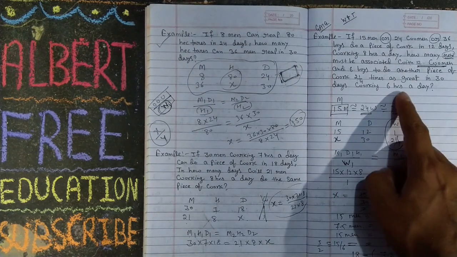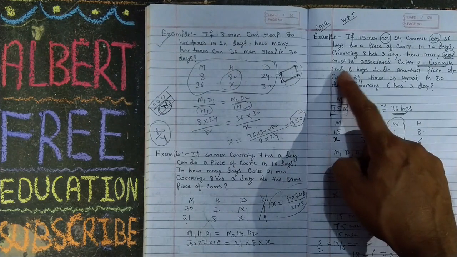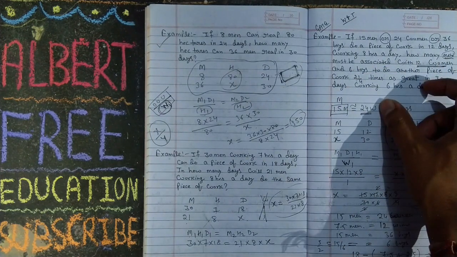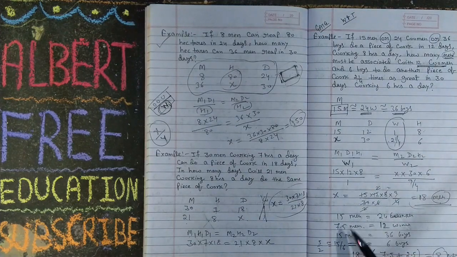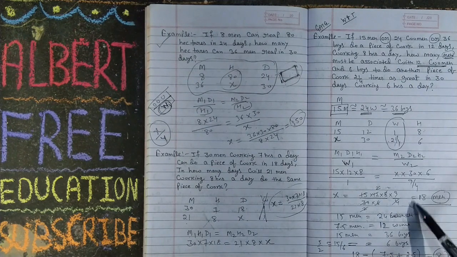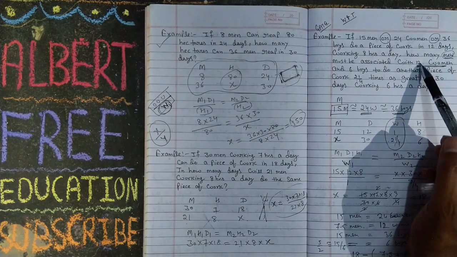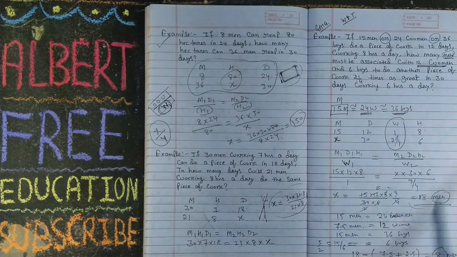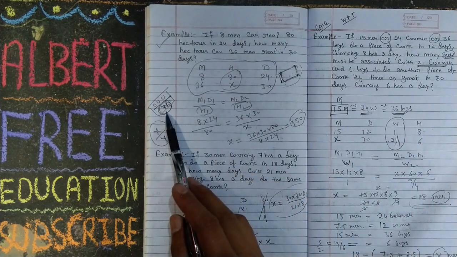So he is asking how many men must be associated with this and this, so the work will complete. We have solved that 18 men can complete this. But in the 18, these 12 women and 6 boys are also involved. So we have to remove these, and we will get the exact answer, 8 men. I think you understand. You also understand the meaning of weightage.